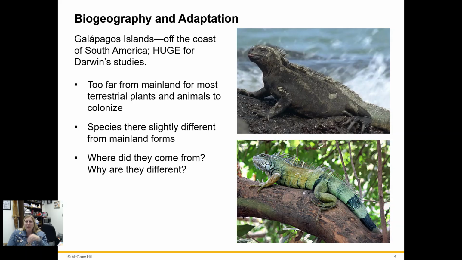They swim into the ocean and eat algae off the rocks. That's the only way that they can get food. There is no other vegetation on the islands that they're on, not enough to support the population. But they're still an iguana. They still have the iguana shape. They still have the iguana way of laying eggs. They still are eating plant materials. Iguanas are mostly